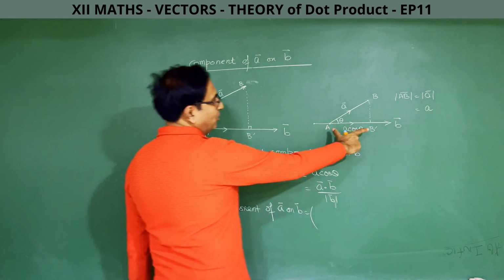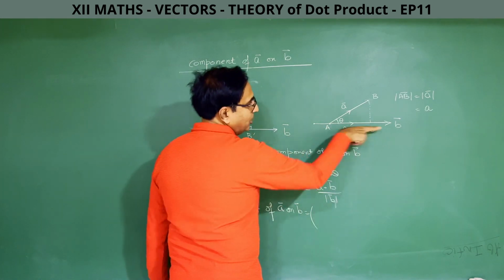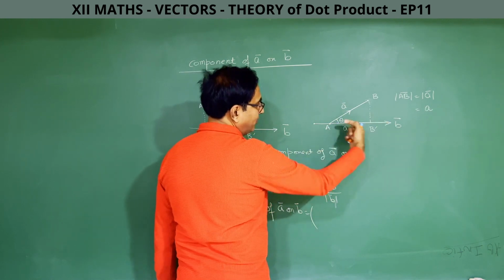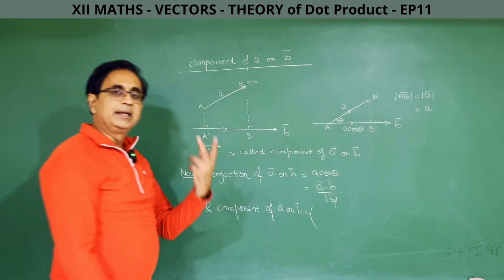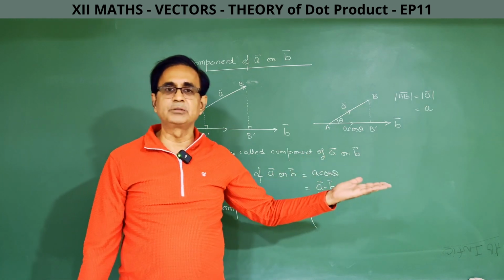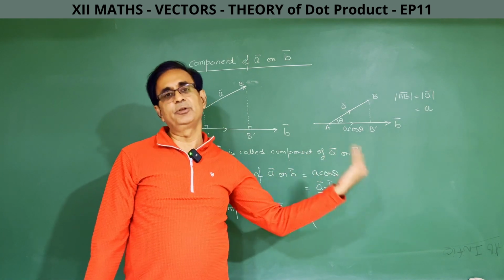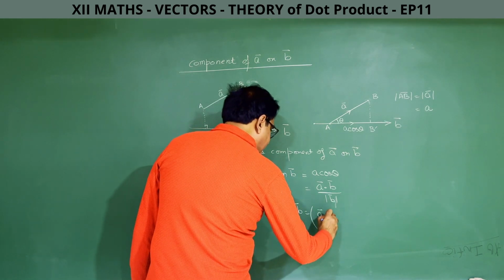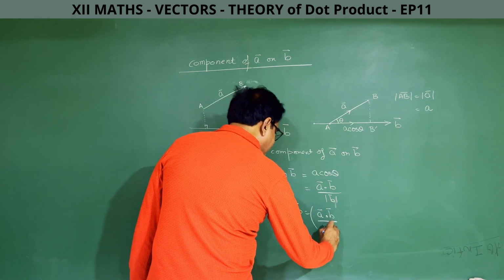अब वो एक वेक्टर होगा जिसका मैग्नीट्यूड तो ये होगा और डायरेक्शन क्या होगी? Along this vector. अगर थीटा एक्यूट है तो डायरेक्शन इधर होती है, थीटा ऑब्ट्यूज होता है तो डायरेक्शन ऑपोजिट टू b होती है। डायरेक्शन में दो ही ऑप्शंस होंगे, you will be along the b in the same direction और you will be in the opposite direction.